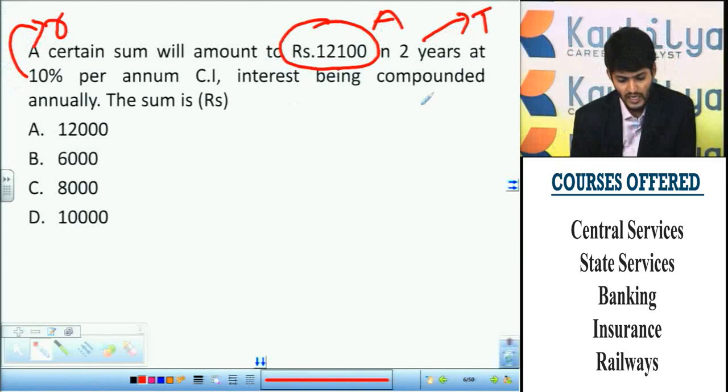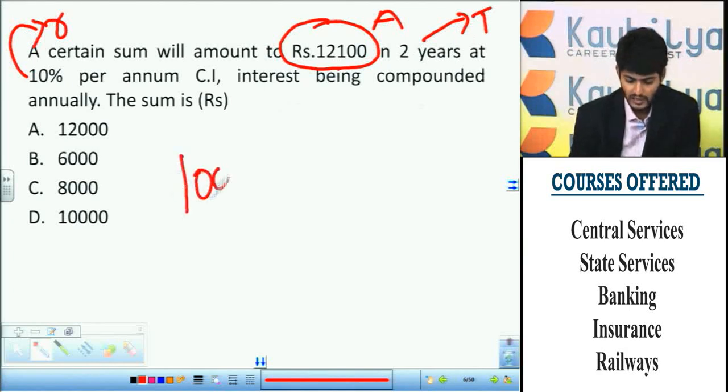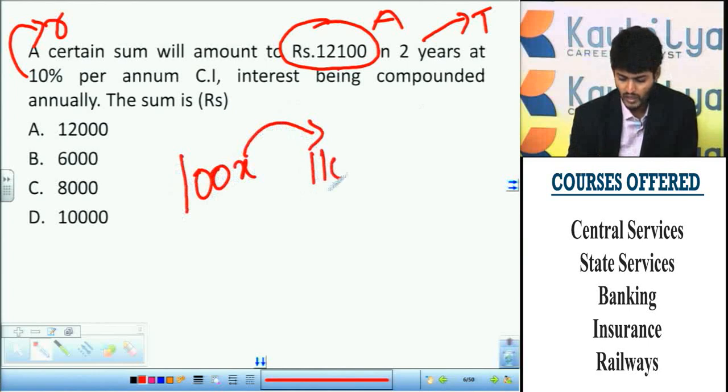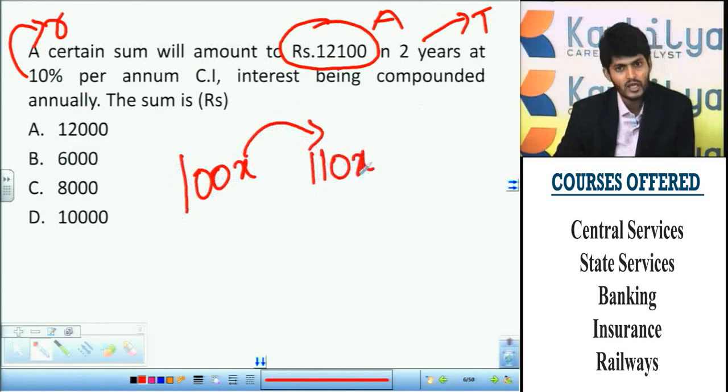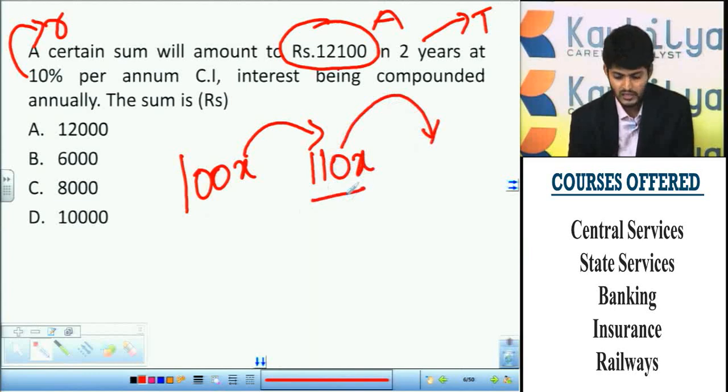If you take any general value, let us say I take the sum as 100x, I have given a compound interest of 10% for the first year. So 10% on this would amount to 110x. And remember, if I have to calculate interest for the second year in compound interest, the amount at the end of the first year will become the principal for the second year. Now if I have to calculate 10% on a certain value, it has to be 110. So 10% of 110 would be 11x. So if I add 11x to this, I would end at